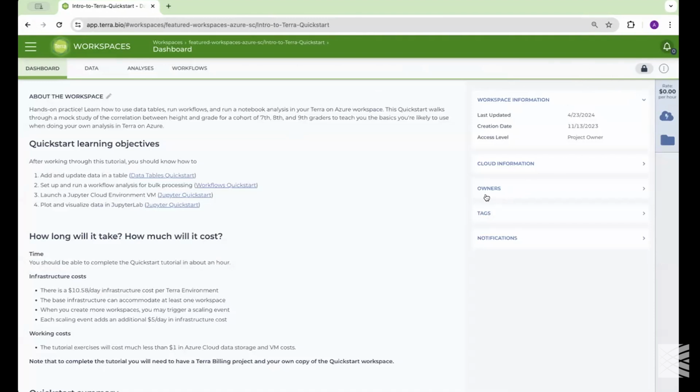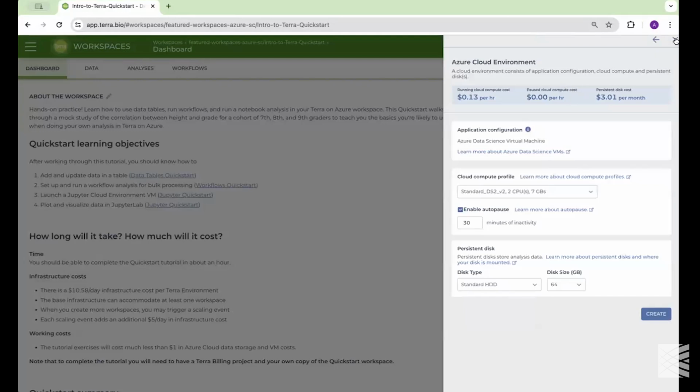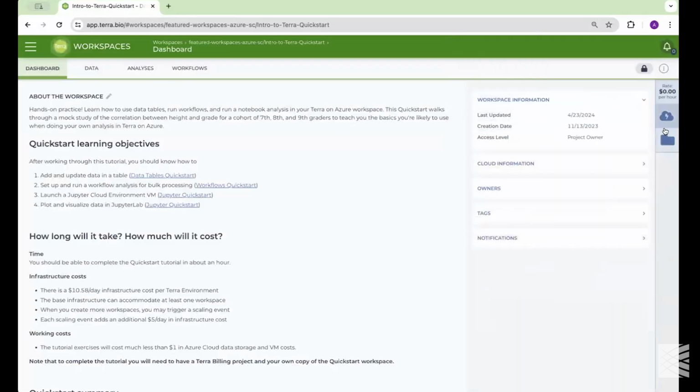There we go. So I have a lot more access into this workspace because I happen to be one of the owners of the workspace, or at least I have some sort of permission into the workspace because I would be able to launch a Jupyter environment. So before I go into the details of what's going on in this panel, let me finish the tour of